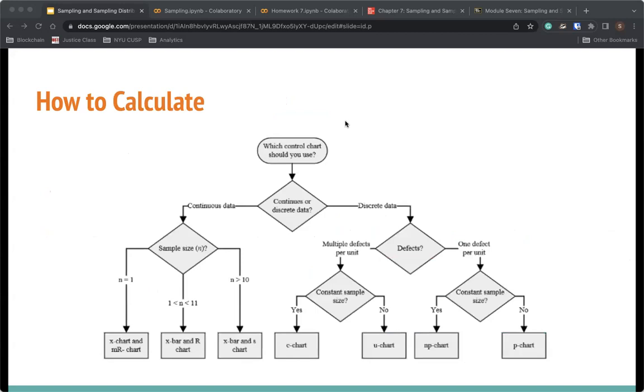So how do we calculate this? And by calculate this, I mean, how do we construct a control chart? The way we do it actually depends on the variable of interest and/or the type of data that are available to us. We can use this decision tree that I have here to figure out what metrics we should be considering,